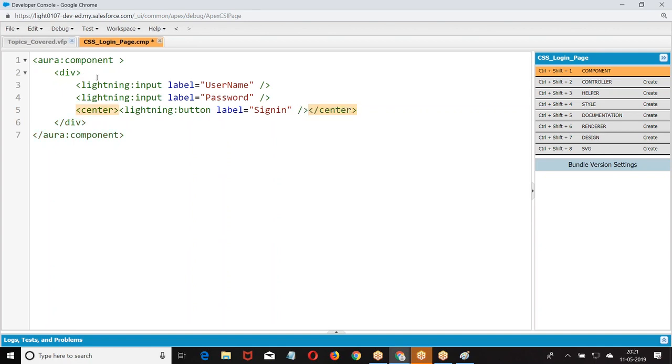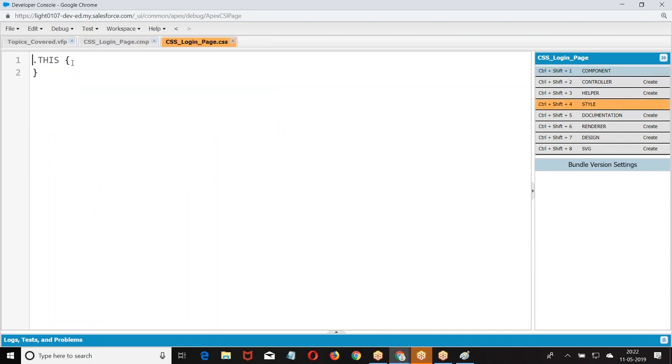So I am trying to apply a class here. How do you apply the CSS? Dot log page.